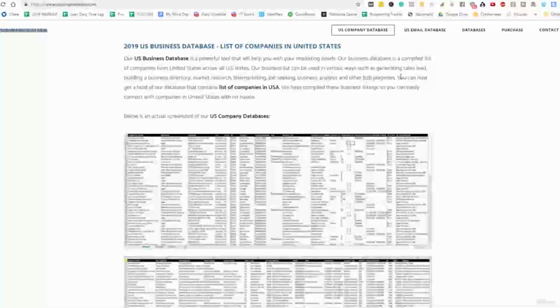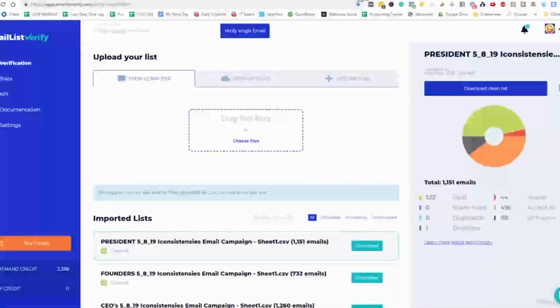And once you get a list here, one of the first things you want to do is run it through an email verification system. Because if you don't run it through software that is able to verify the emails for you, you're going to run into a lot of spam traps, a lot of emails that are no longer valid, and you're going to get a lot of bounces. And you want to protect the reputation of your domain and your email address. So one of the actual services that I use here is